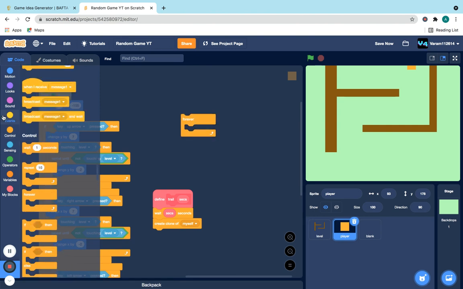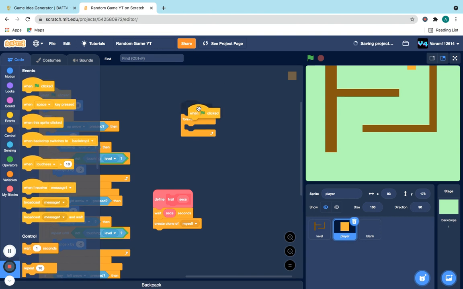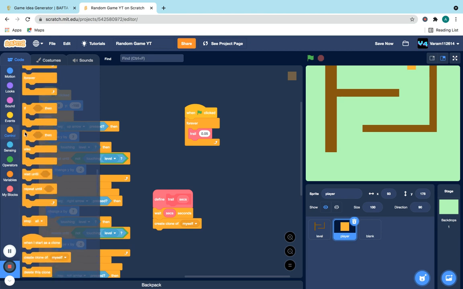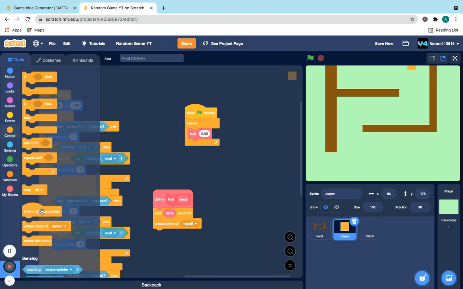Forever. When flag clicked, forever. Trail with like a 0.05 or something. And then, yeah. Now let's make sure the trail knows how to trail. When I start as a clone,